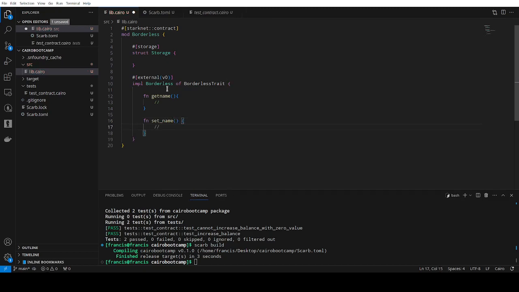Okay, so these are the two functions we are going to be having, and they are going to be needing access to the contract storage, right? Because they are going to need to read and write from the contract storage. So one way we can go about it, because we are going to actually need to define this, the interface basically,